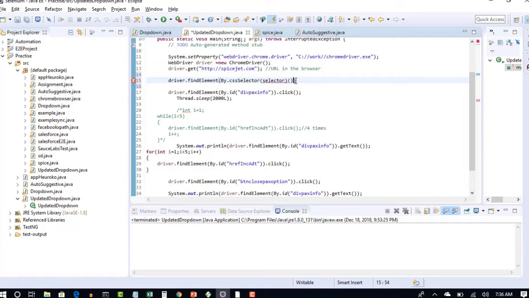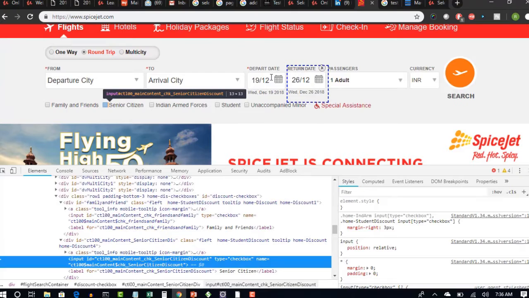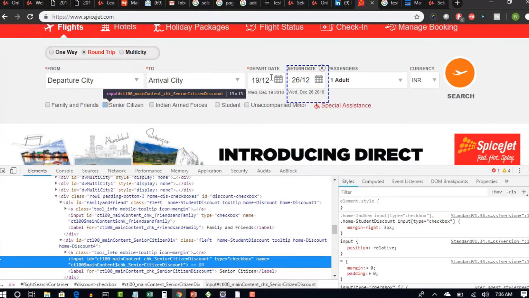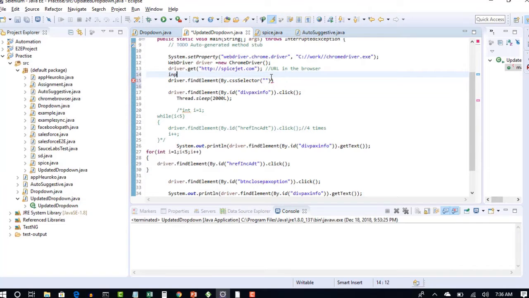Right, CSS selector. Remember the syntax of CSS: tag name, and the tag name is not mandatory, you can still skip it, but let's give input here. Then attribute equals value.